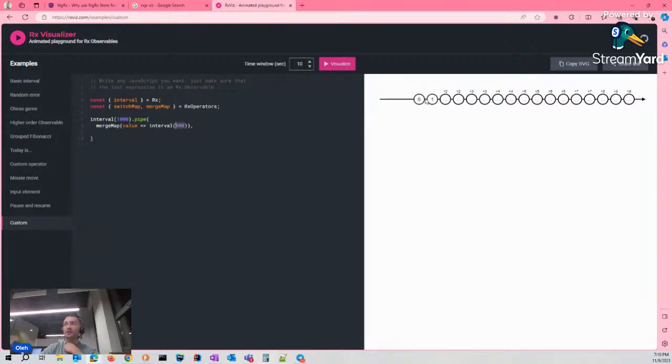As a result, we see the 0 and 1 value, just 1 in 1 second, in one moment, and each two of them are shown additionally, 2, 3, 4, and so on. MergeMap runs everything in parallel. That's important.